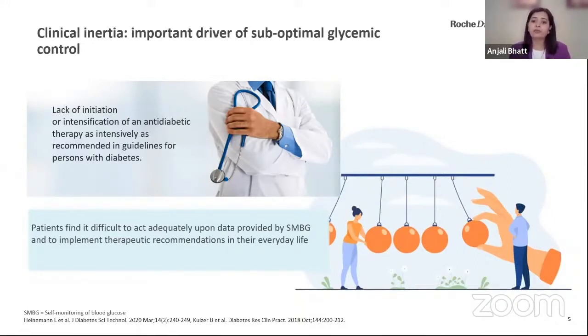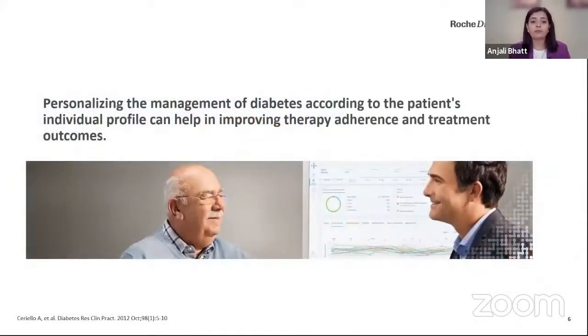The patient also finds it difficult to act upon the information. Many a time, because of busy schedules in the OPD, the information given by the healthcare professional may not be understood properly, or we may be lacking in giving very acceptable or understandable information, which can be taken away as a take-home message and acted upon. There are a lot of things that need to be clarified to the patient so that acceptance of the advice is higher and compliance becomes better.